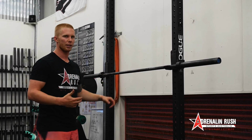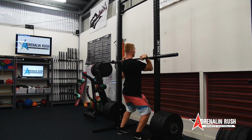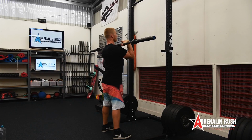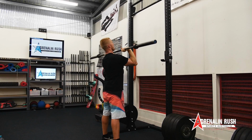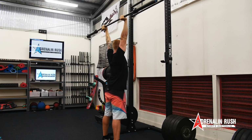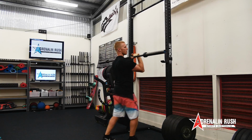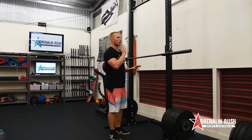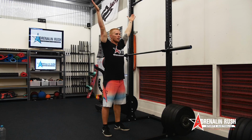So I'll quickly demonstrate a push press for the whole lift. Setting my hands, coming under to a front rack position, unracking it. So the push press is a little dip, we come up, press the bar out overhead. Now the big thing we want to try not to do, and it is human nature to do it, is poke our head back and forth, okay? Really trying to keep a neutral spine the entire time is what we're trying to achieve on pretty much every movement. So you can see there's a little dip, coming up, pressing the bar out overhead, locking those elbows out